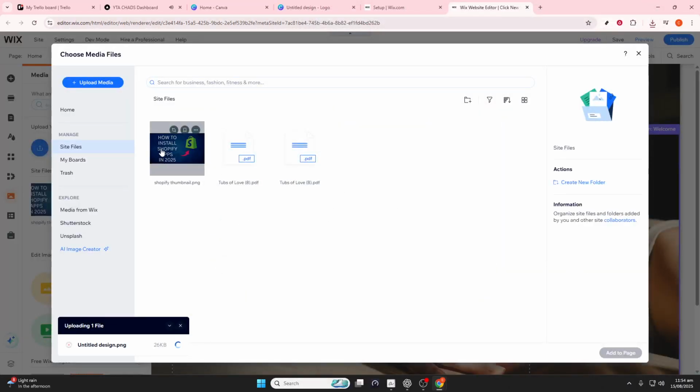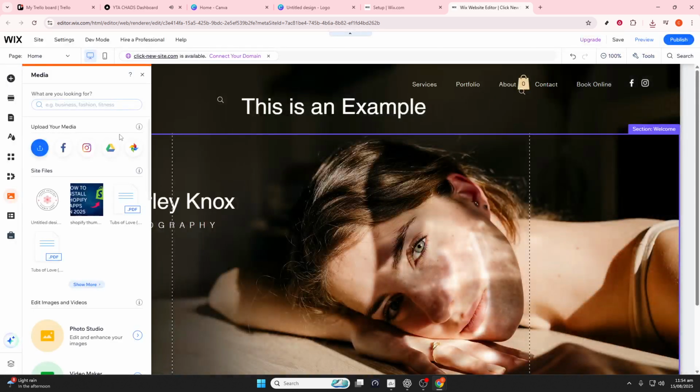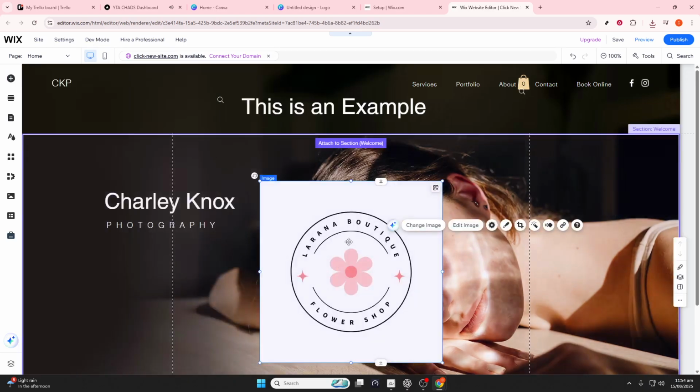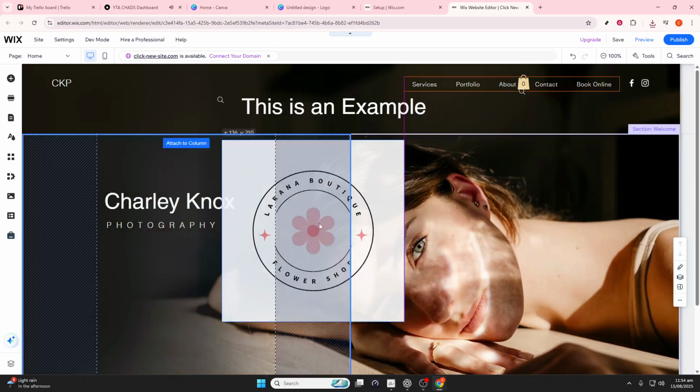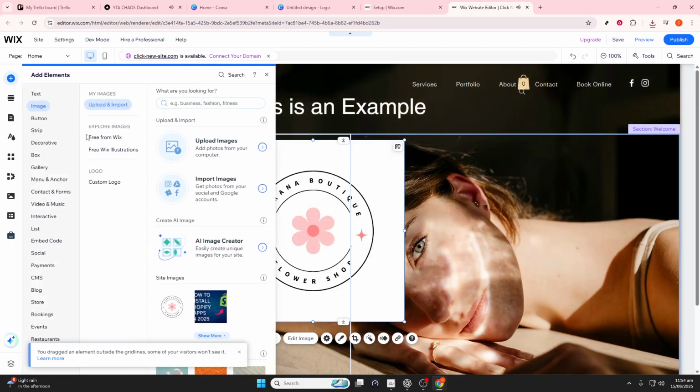Depending on the type of media you've uploaded, the procedure changes slightly. For images, click on plus add and then image, select your Canva image and adjust its size and position. If you're applying a background, click on your page background and choose change background, then select image to find your Canva upload. For PDFs, upload them via the Media Manager and add a button or text link to connect to